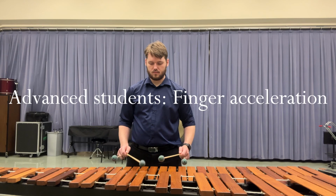For advanced students, the wrist provides the basic motive power of the stroke, but you can also use finger acceleration for accents in single independent strokes. Accelerating your outer mallet head with your fingers is pretty much the opposite of that outer mallet strength exercise that